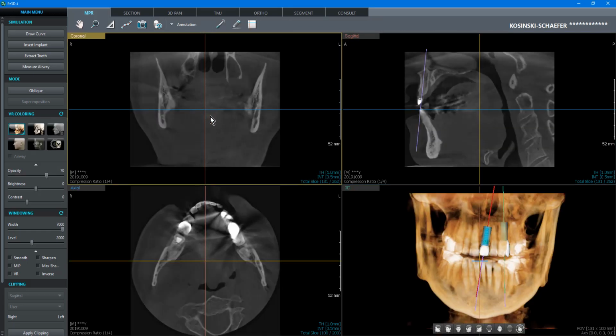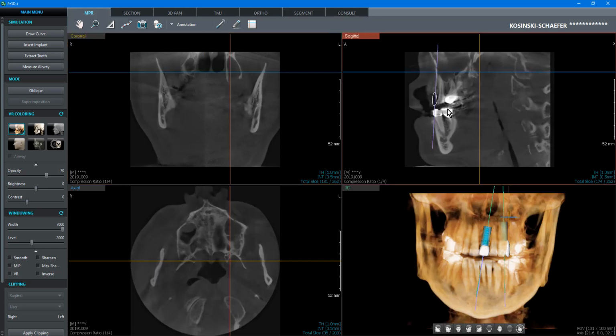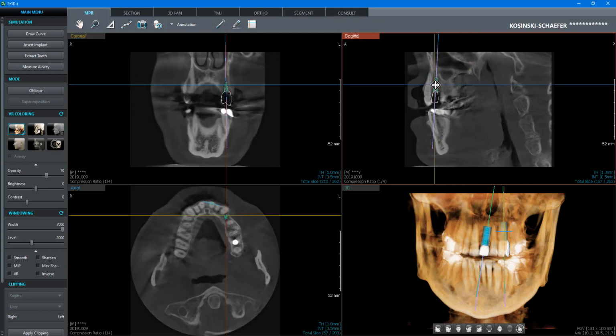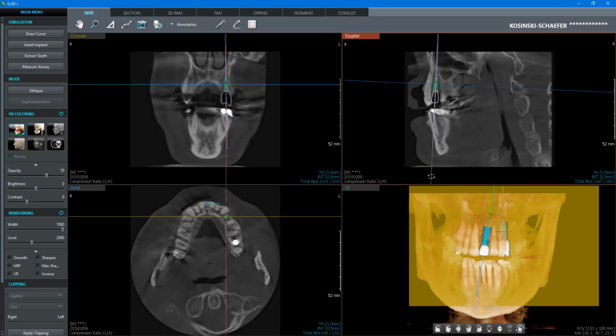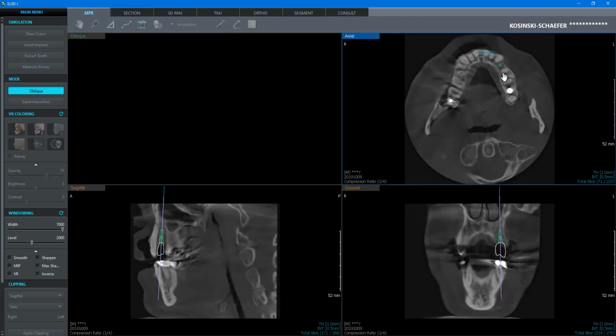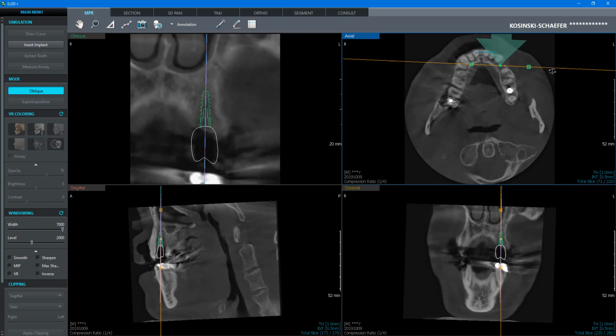When I'm done there, I can hit the reset button and we'll do the same thing now for site number 12. I'll adjust my coronal through the center of my implant in my sagittal window. And then I'll do the same thing as far as adjusting my sagittal line through the middle implant in my coronal window. Click on oblique and then click once on the center of the implant in my scout window or